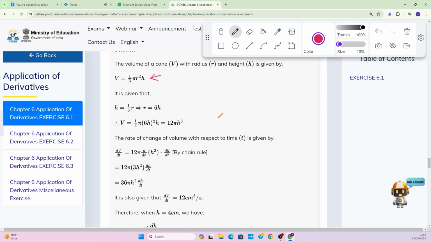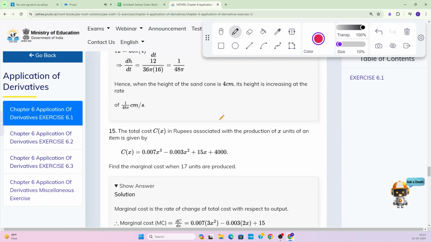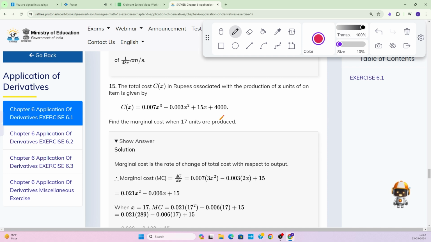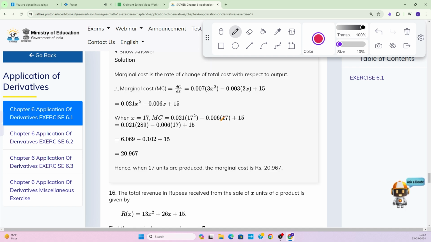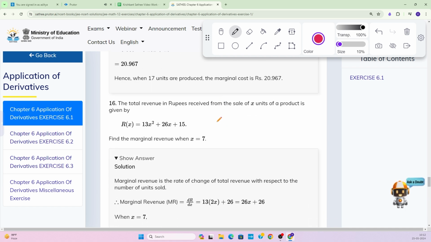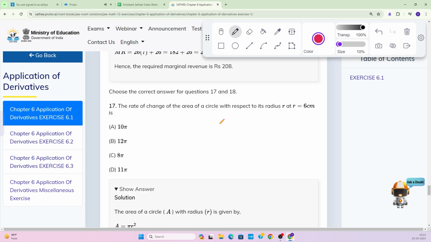Okay, clear? And in the 15th problem, whenever you see a marginal cost and marginal revenue problem, if cost is to be found, then think dc by dx, which means the rate of change of total cost with respect to the production of units. And in marginal revenue, the rate of change of total revenue with respect to the number of units sold. That's it. So this is the summary,